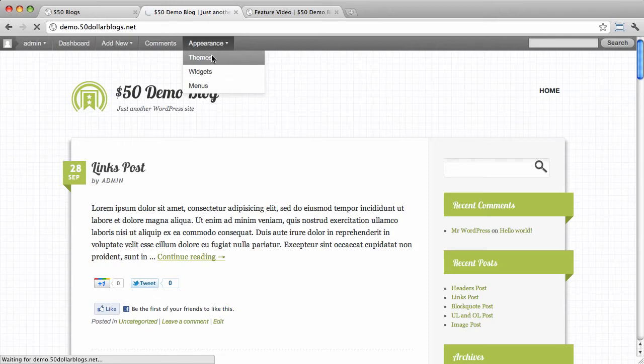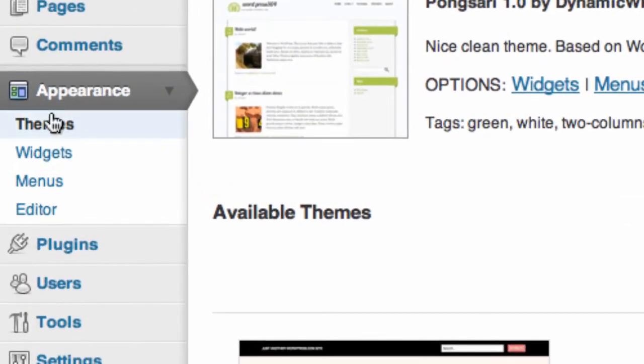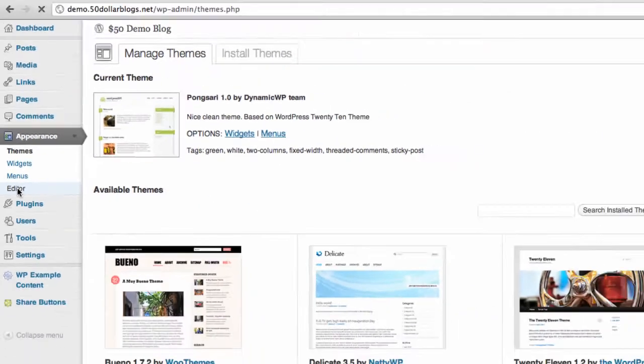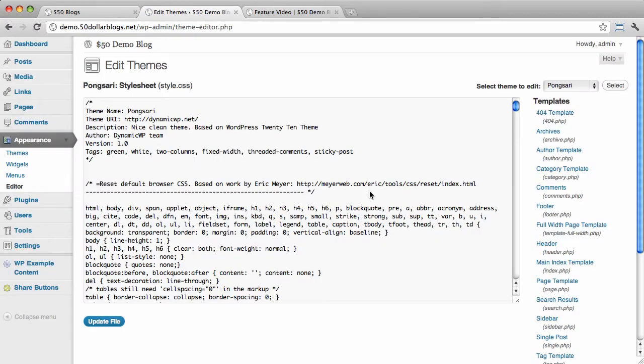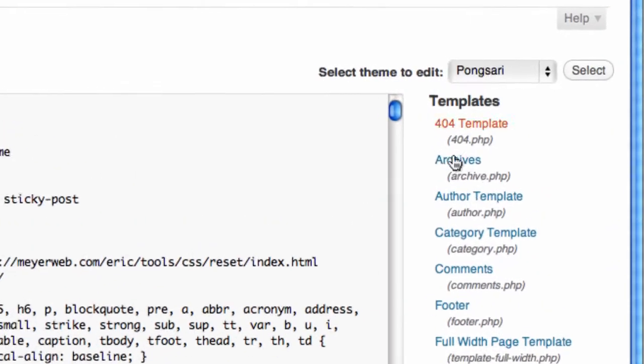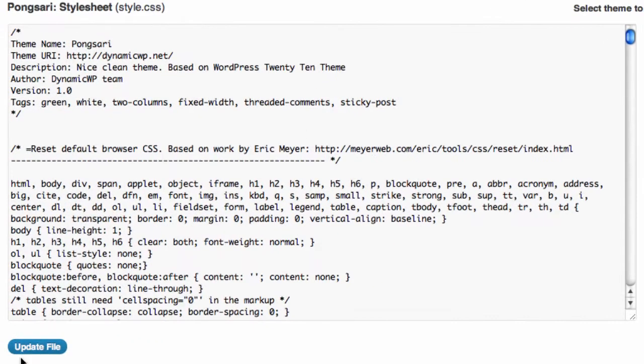If this will ever load for us. Okay, there we go. Okay, so in Appearance and Themes, you also have Editor down here. Now, if you go into Editor, it will actually show you all of your files, all the files associated with your theme, the Pong Sari theme, the active theme, which is Pong Sari in this case. Now, you can click on any of these and you can make edits in here and you can update the